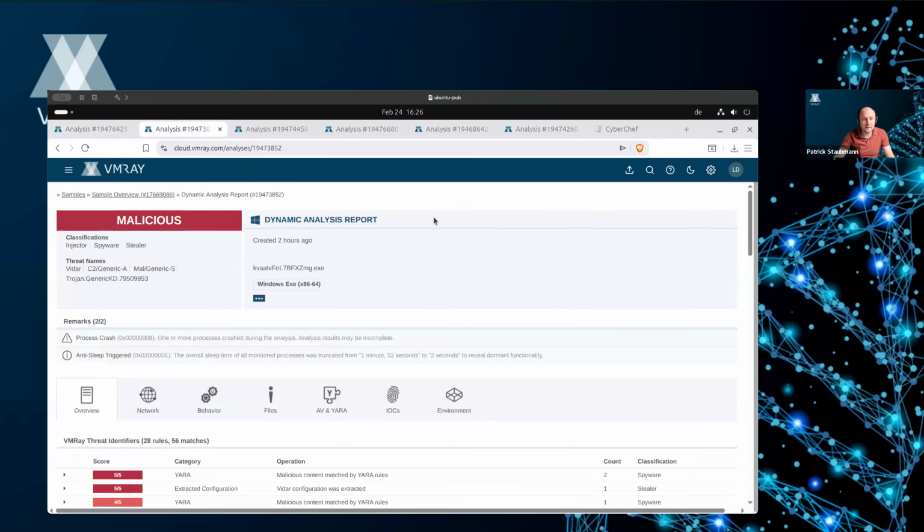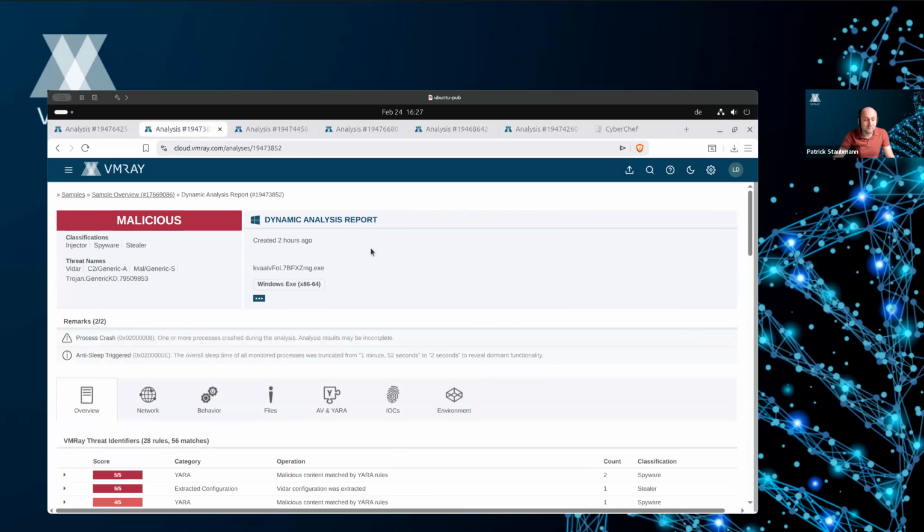However, there are also other families. In this case, we have picked Vidar, and similarly Lumma as well. They also make use of Telegram, but not for direct command and control server communication and not for direct data exfiltration. They use Telegram completely differently in terms of their infrastructure.